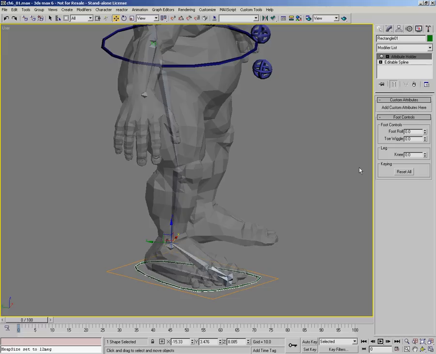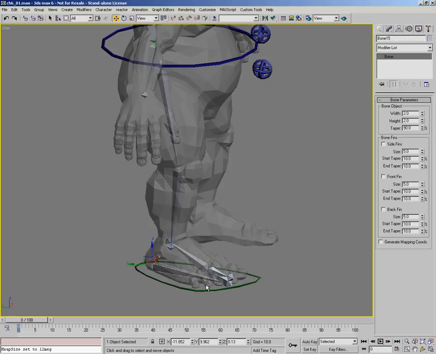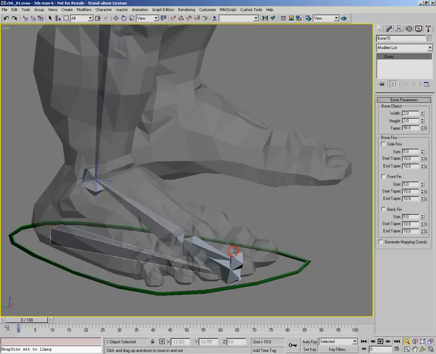So what we need to do is find a way to get a smooth transition all the way from the heel roll down into flat, up into the ball of the foot, and then onto the toe, so that one motion blends nicely into the next. Reactor controllers will provide us with that. For the toe wiggle and the knee, we're just going to be using wire parameters because they're not nearly as complicated. So starting with the foot roll,